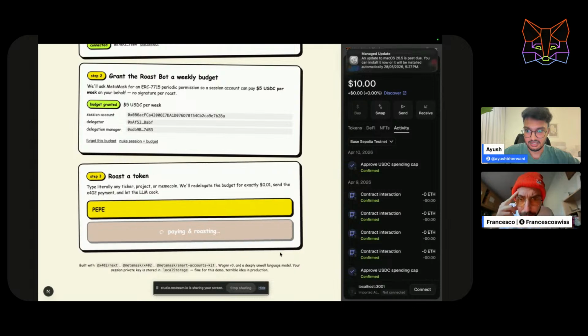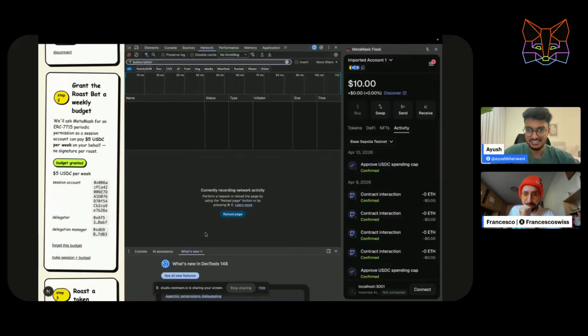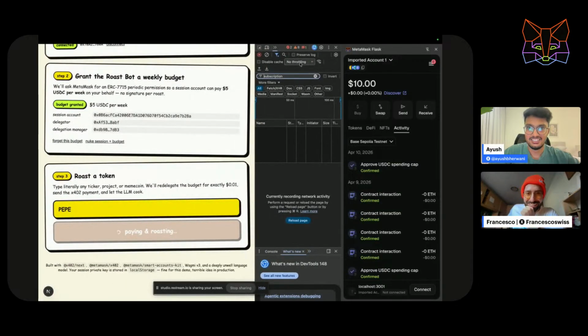Oh, you have a manage update on top on the right. Maybe you want to take it out so we see the full MetaMask there. Yes, something is happening. It's taking long. Do you want to check the log at the same time? I should do a drum music. I wish Restream was giving us that.